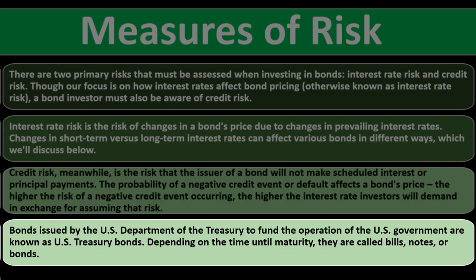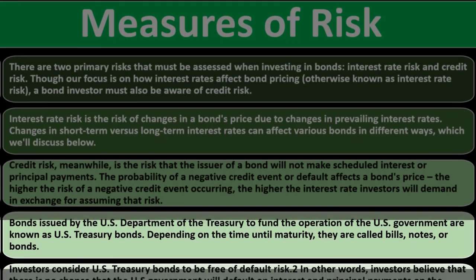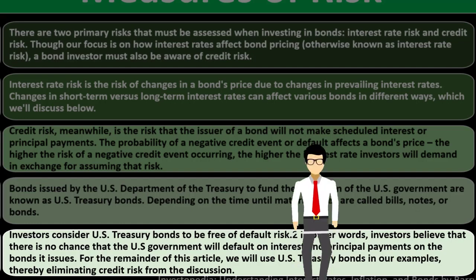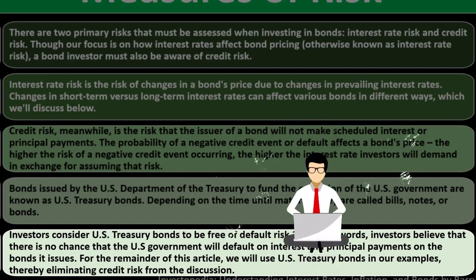Treasury bonds. Depending on the time until maturity, they are called bills, notes, or bonds. We talked about them in the past. Investors consider U.S. Treasury bonds to be free of default risk. Again, that seems overly optimistic to me, because I think there's risk involved in anything, but the idea would be the fact that if the United States government defaulted on their bond